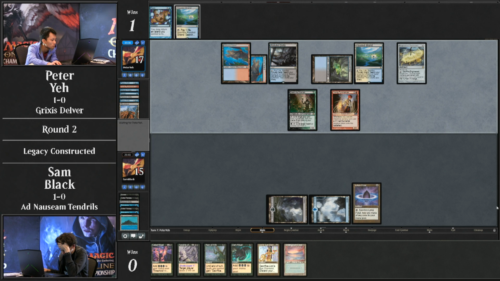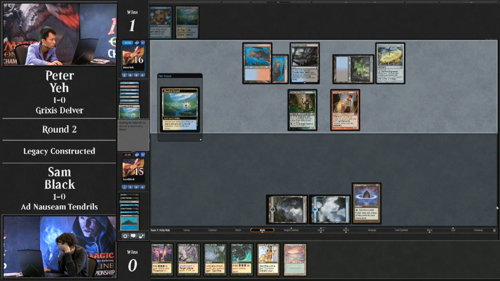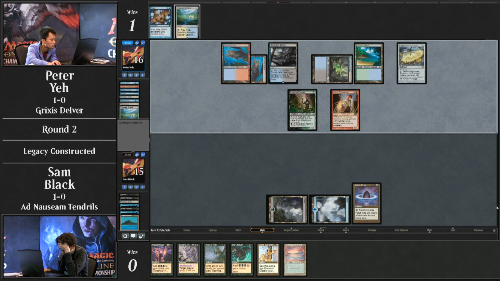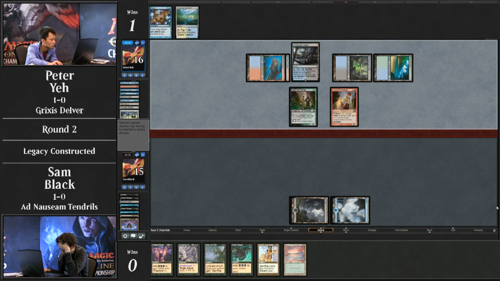Wow, that's quite a turn this game has taken here. Peter up a game over Sam Black, who had a turn 1 kill on the play in game 1, assuming that there was no disruption. But unfortunately for Sam, there was disruption from Peter in the form of Force of Will, and Sam was left with nothing. So instead... So this could potentially be good for Sam here because